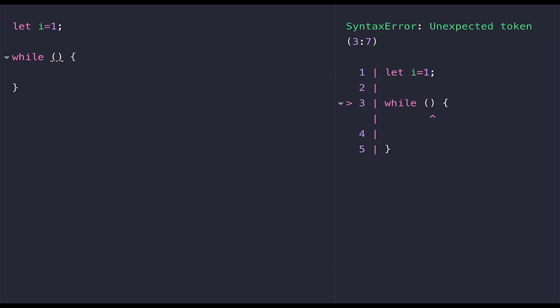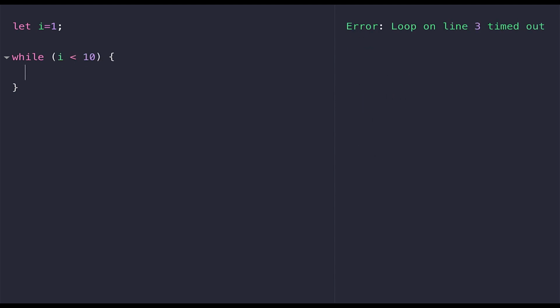So if we said while the value of i is less than 10, this means the code that's inside of the curly braces here will run until i is greater than or equal to 10. Because at that point the Boolean expression becomes false and the while loop finishes. So if we wanted to count to 10,